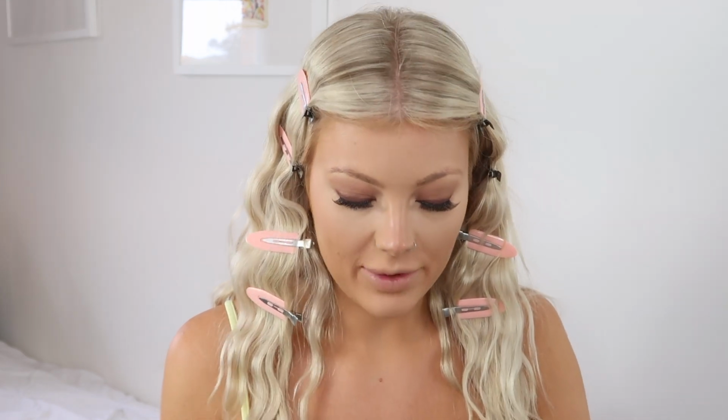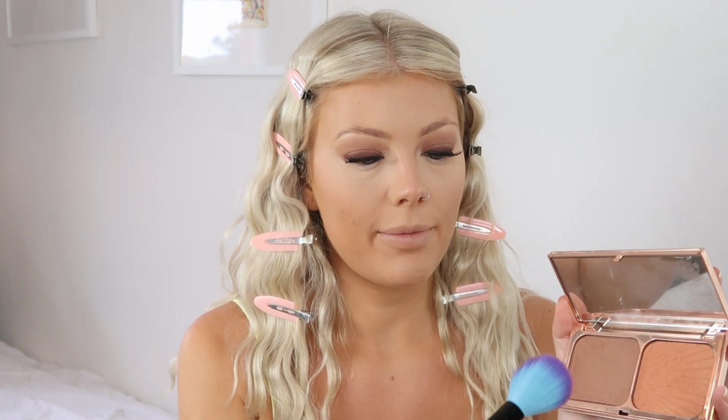So now it's time to go on to bronzer, and for bronzer I'm going to be using my Charlotte Tilbury Film Star Glam Bronze. This is in the darker shade, medium to dark. The lighter one, I think it was fair to medium or fair to light, just wasn't dark enough for me. So I'm just going to tap my brush in, and the brush that I'm going for is the